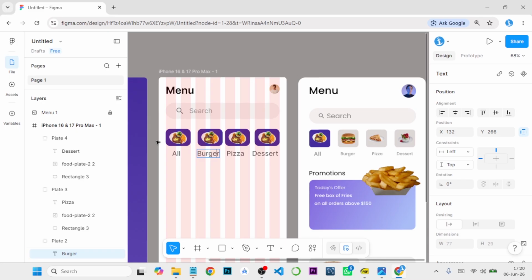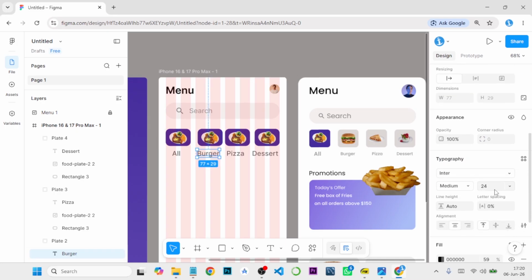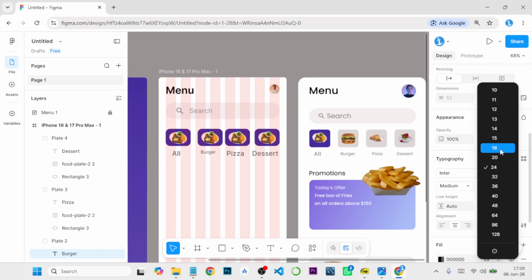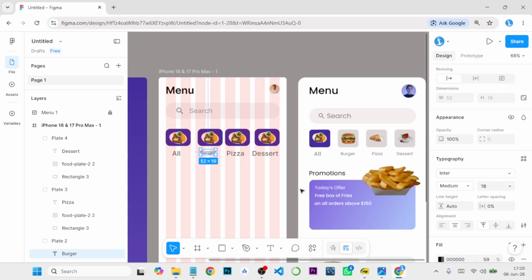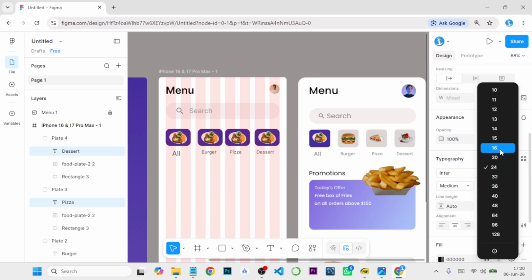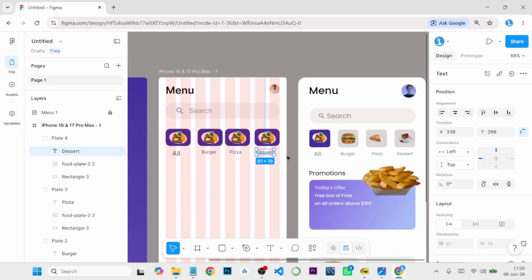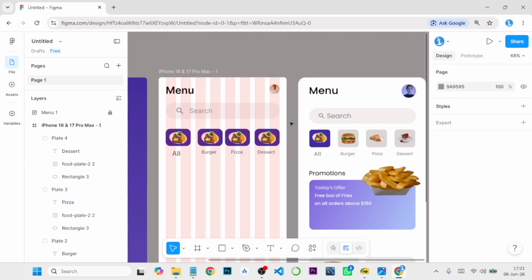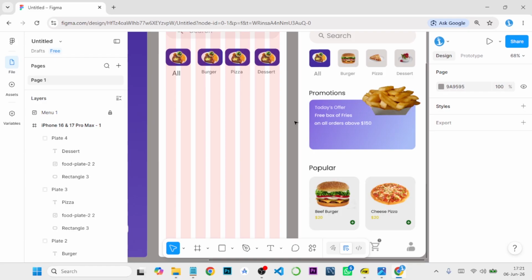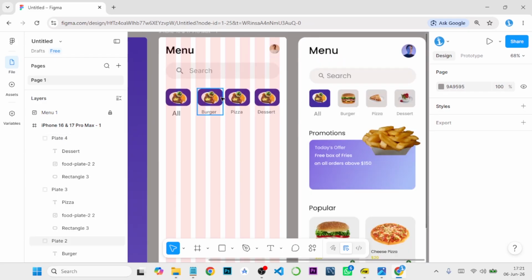Okay, the text seems too big. I'll reduce it to like 18 or 16 is okay. Alright. So I'll choose 16. Okay, so I'm done with that. Okay, I'll just change the